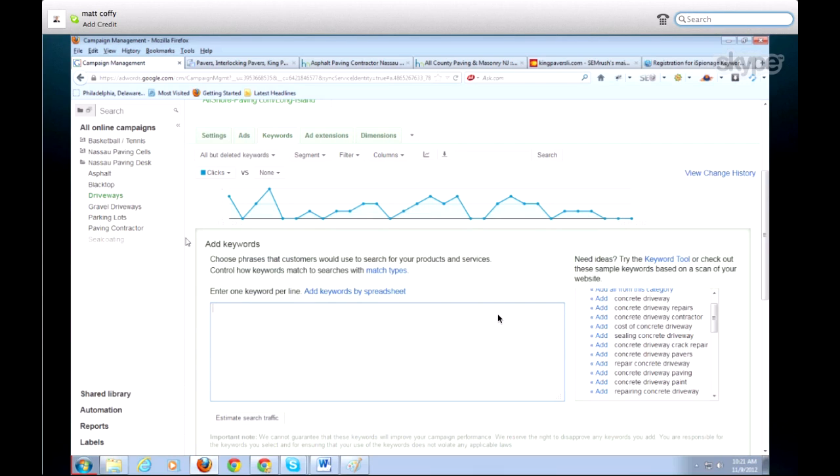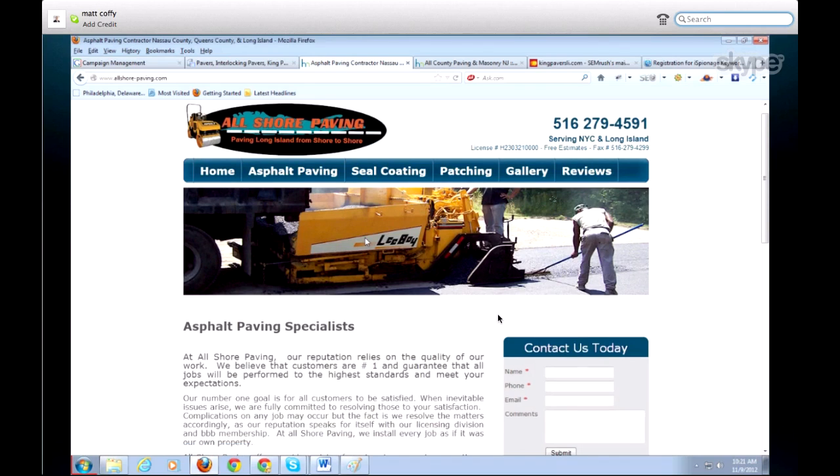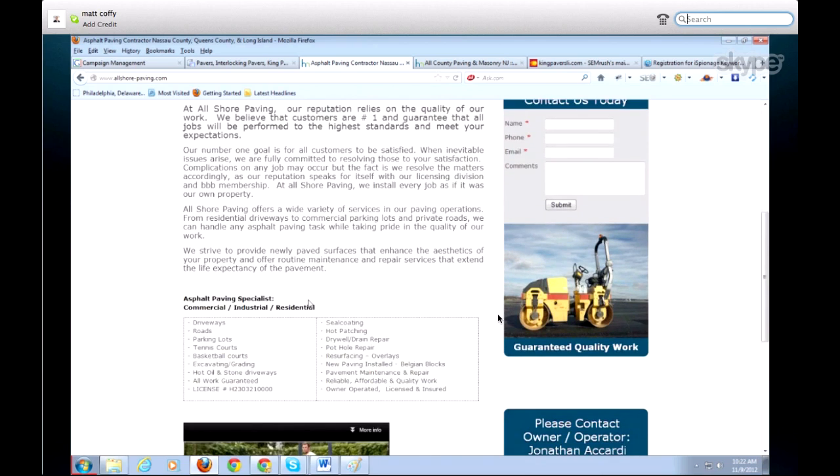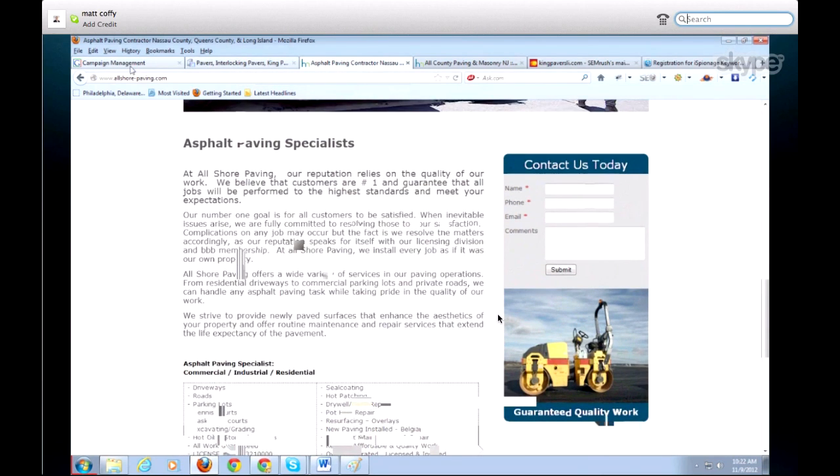You also have to look at it from this perspective: Google, right or wrong, is running a business. That's just the way it is. So they have to put up a product that makes the most sense for the most amount of people. They offer you suggestions as to what keywords are pertinent to your business. They take a look at your website, and since this website talks about asphalt paving, and Google has a database of what asphalt paving is and the related keywords, they come back with them, and it's here.